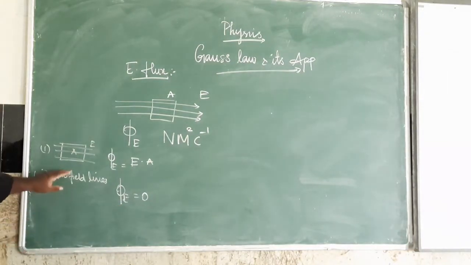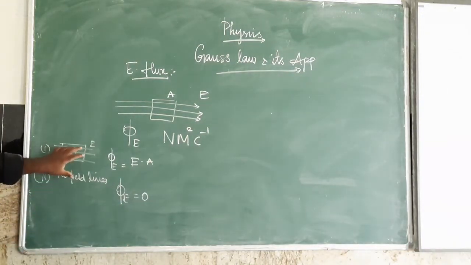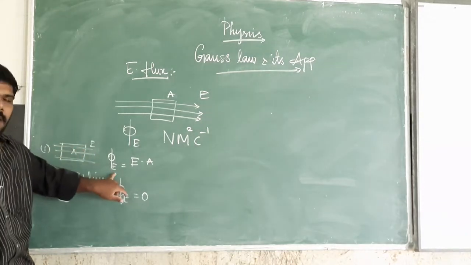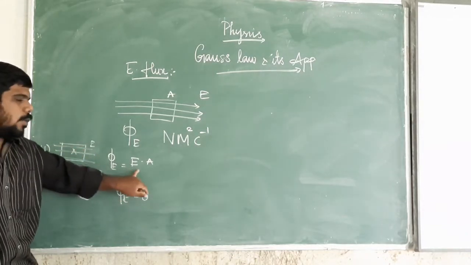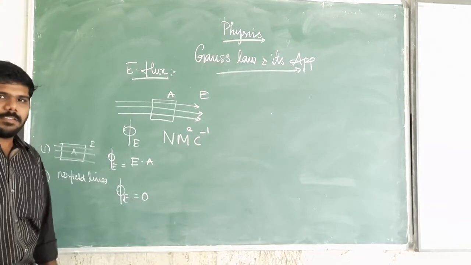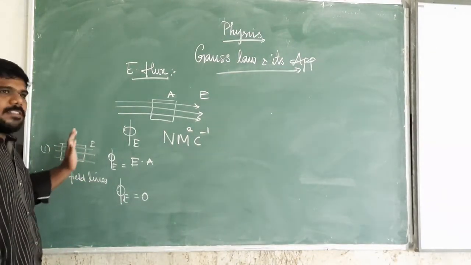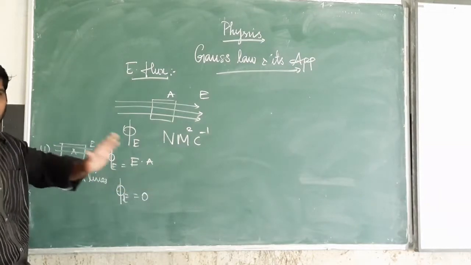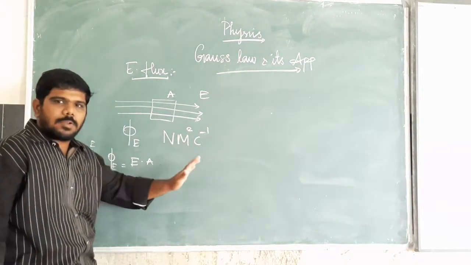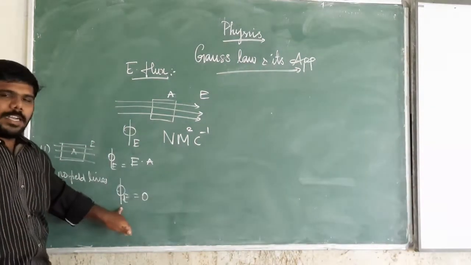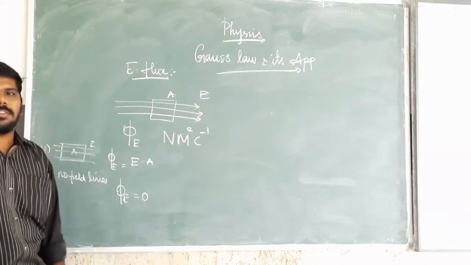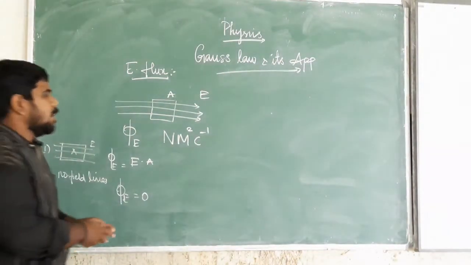So what's the first point? We take a surface having area A, then the total electric flux phi of E is equal to E into A. Then second one, if there are no field lines passing through the area, then the total electric flux phi of E is equal to 0. Okay. Then third one,